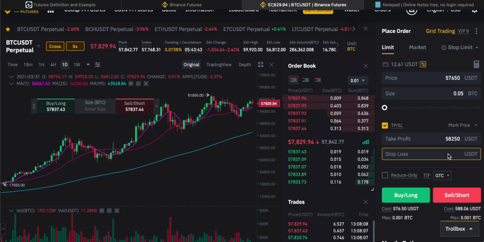So let's say I put the stop loss as 57,250 like this. Now you can see what we're doing is essentially bracketing our trade. We have the mid price right here, and that's what we buy at. Now we're saying to the system, if the price goes up, sell me out at this level, which is above. If the price goes down, cut my losses, use some of my margin, but not all of it, and cut me out at this stop loss price. This is essentially a bracket, so we know before we even enter the trade what our potential profit and loss